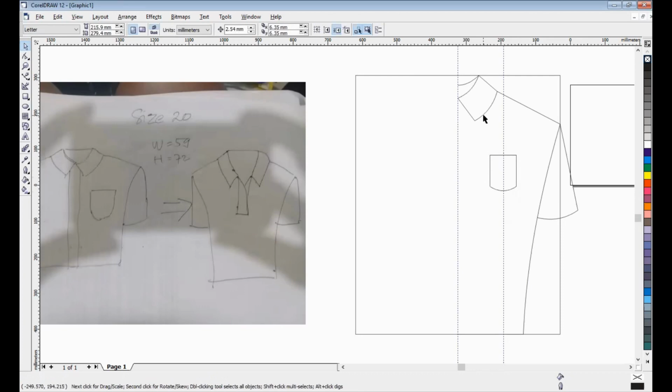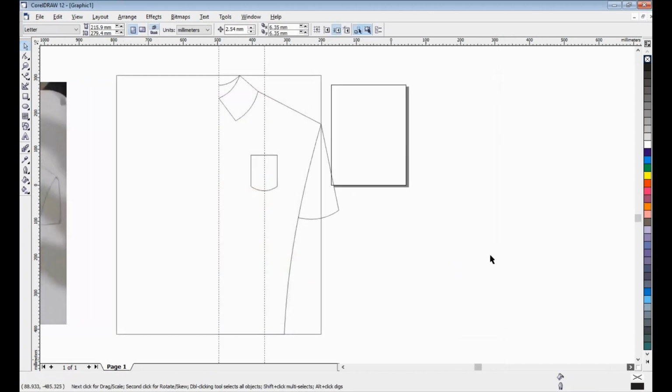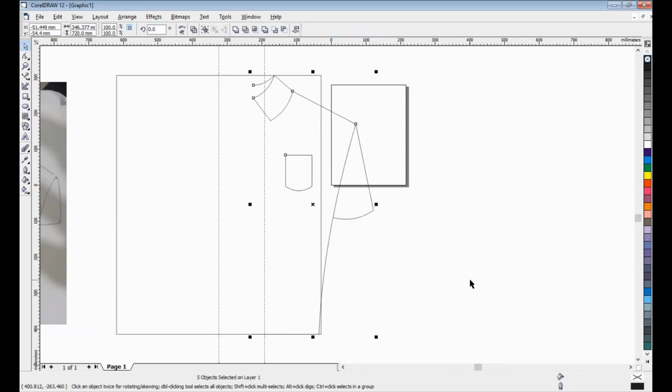Now I want to make the same illustration for this. First I want to set the nodes offset, maybe 100 millimeters, and then I want to move this.